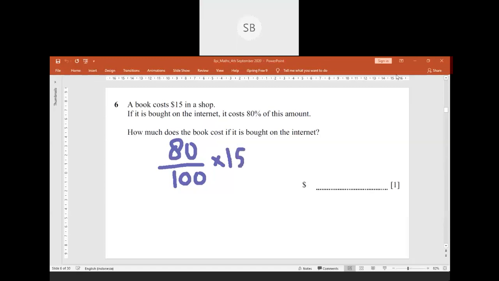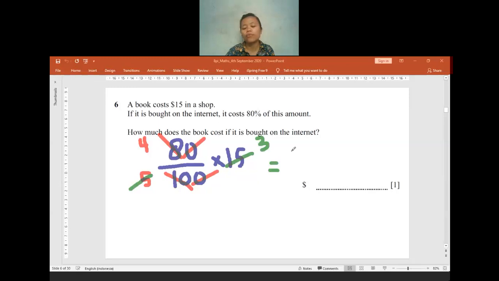If you get confused, you can do canceling out. The 0 we can cancel, and this other 0 we can cancel. Then the 8 and the 10, we can divide everything by 2, so it will be 4. The 10 divided by 2 will be 5, and then the 15 and the 5 we can cancel them. It will be only 3, so we have 4 times 3, which equals 12. Because you are not allowed to use a calculator, I think it will be better if you try to cancel any number that you can cancel.